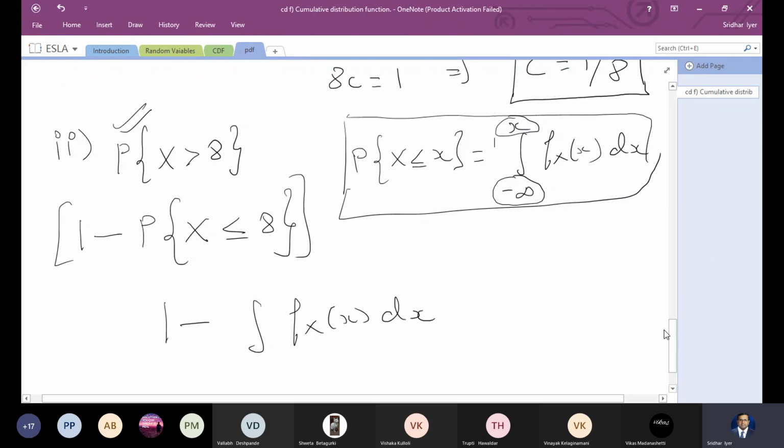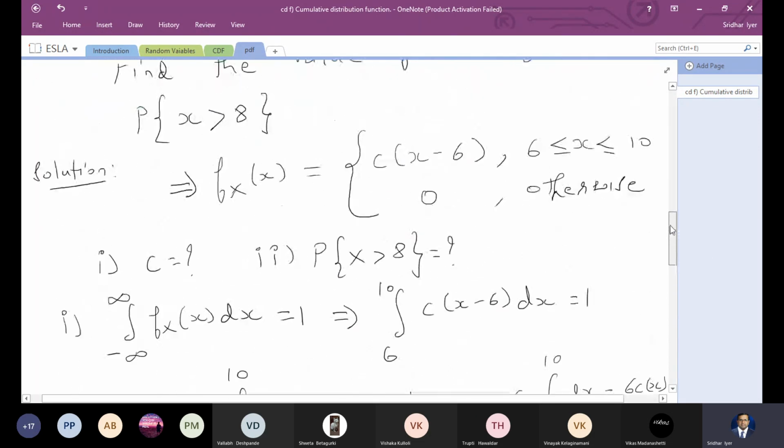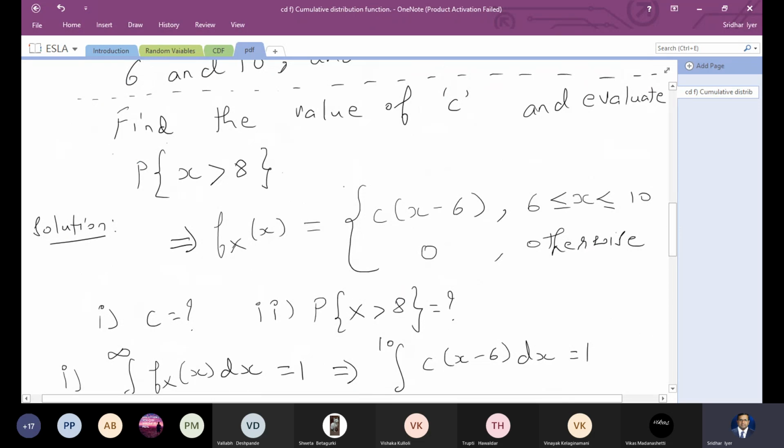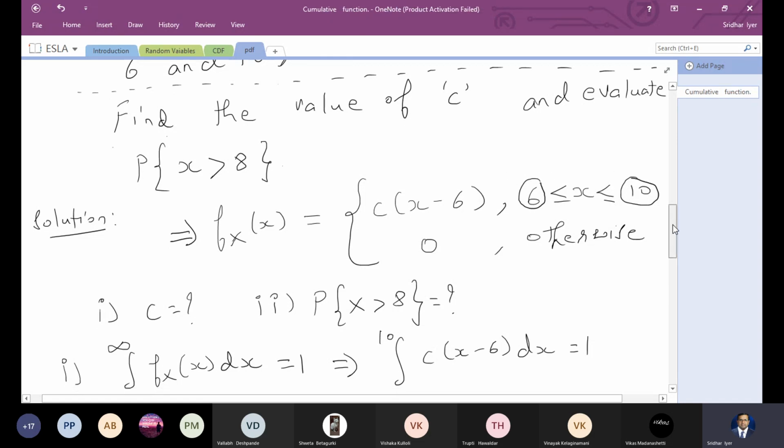Now let's go back to the problem. The CDF exists between what points? The CDF exists between points 6 and 10. That means we are starting the experiment at the lowest point, so this 6 is like minus infinity. This is where we are starting the experiment, and this 10 is the final value where we are completing the experiment. Therefore, this 10 is like plus infinity, right? I hope this is clear. So the lowest point is 6 and the highest point is 10.